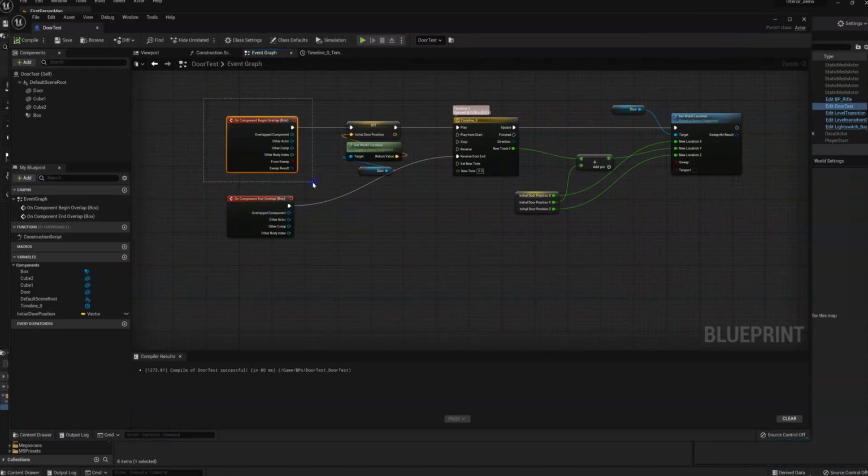We overlap our box, or our trigger box. We set the initial location of the door. We play a timeline. We update the new position of the door based on our timeline data. And then when we leave the trigger box, we play the timeline in reverse to close the door once again. So that's a simple setup for creating a